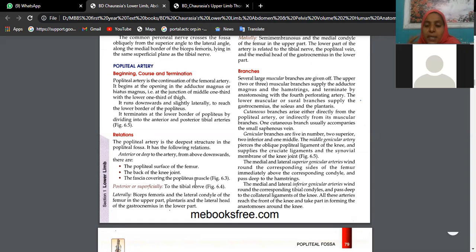Okay. We have certain pneumatic bones, air-filled bones like the frontal bone, the maxillary air sinus, the ethmoidal bone where we have the ethmoidal air sinus. Okay. We have sesamoid bone like the patella, which is formed in the tendon of quadriceps femoris. We have the pisiform bone, which is formed in the tendon of flexor carpi ulnaris. Okay. So this is the classification: short bones, long bones, irregular bones, pneumatic bones, sesamoid bones.